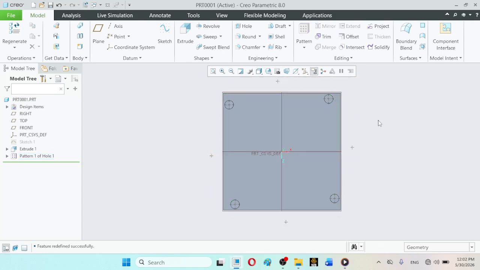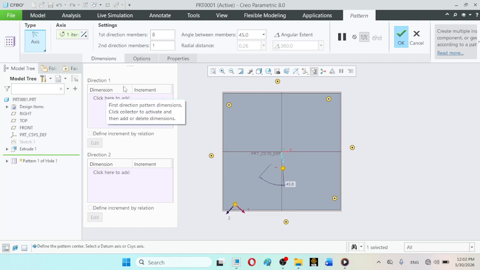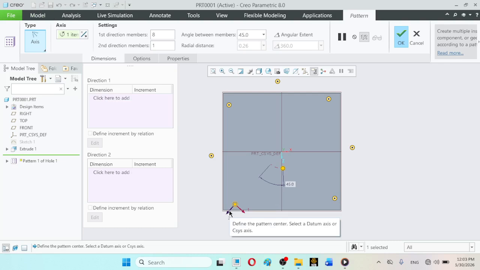So here basically the object is not available, otherwise the member would be available. So what we can do, for example, we can reverse the radial direction, this is the direction 2.